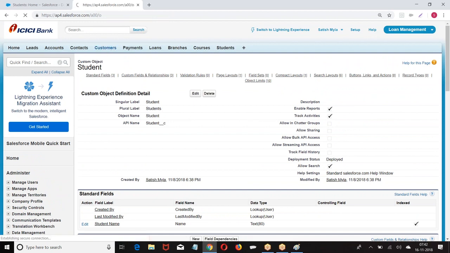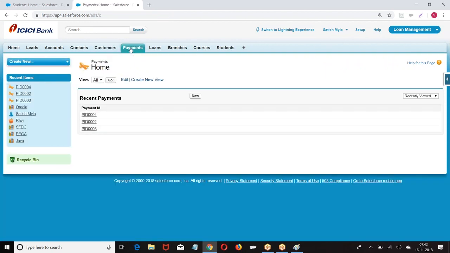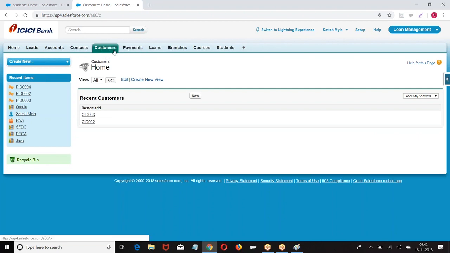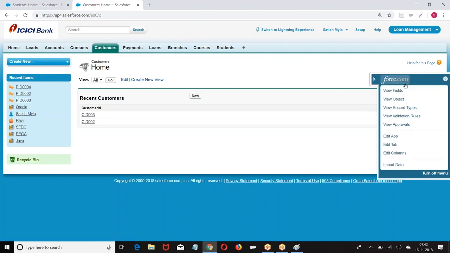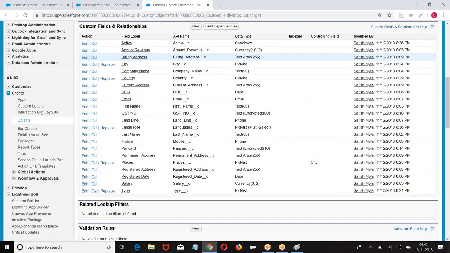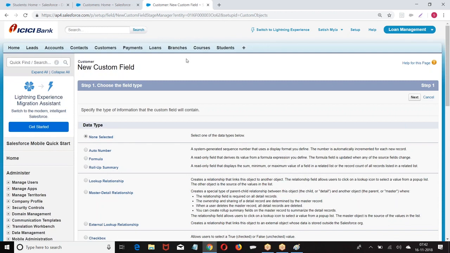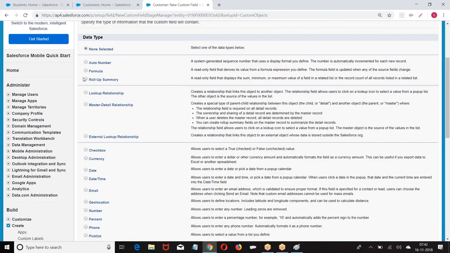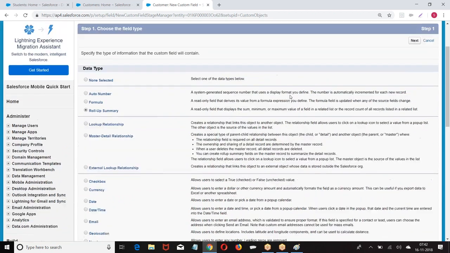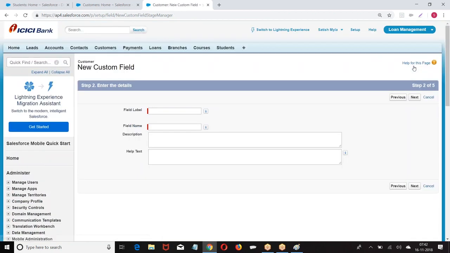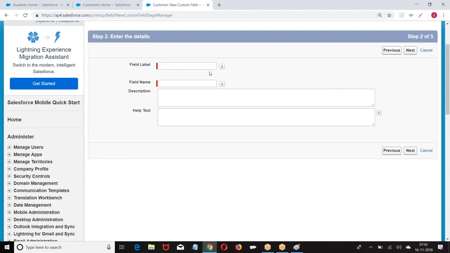Look at this. I have made customer and payment. On the customer object, I am making a new field. What is the data type we had? Roll up summary. Total payment.